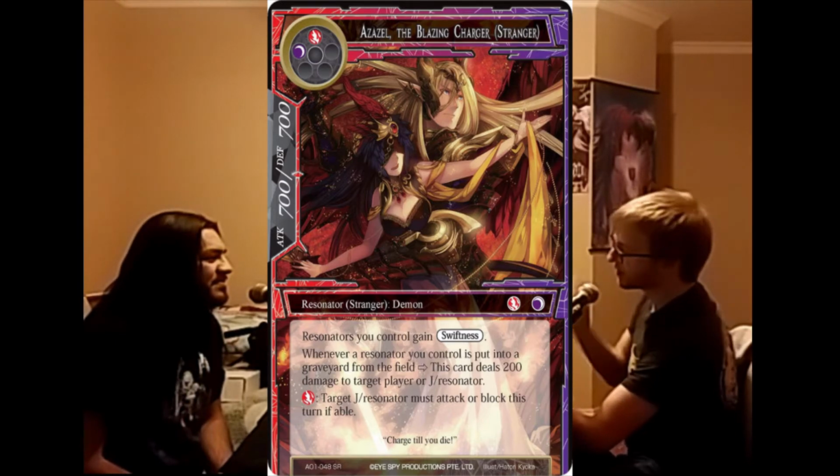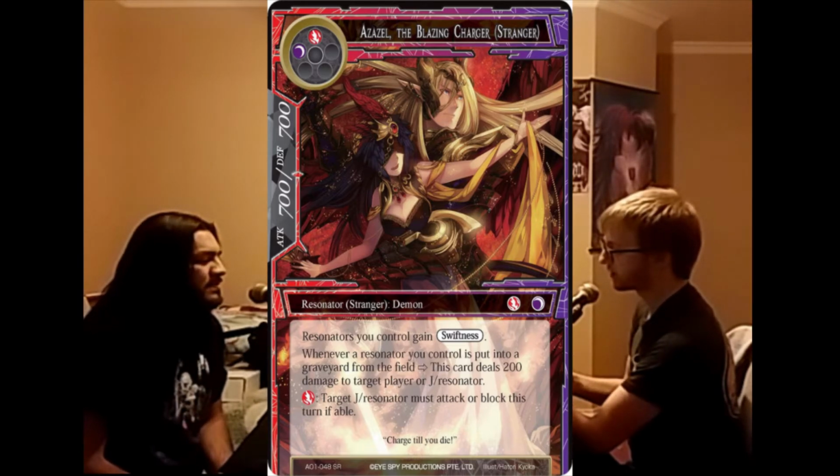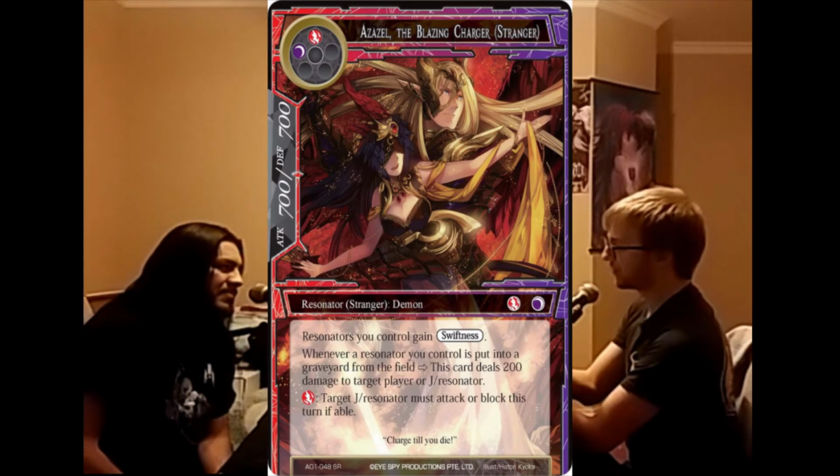When a resonator you control is put into a graveyard from the field, this card gains 200 and deals 200 damage to target player or J/Resonator. You can pay 1 fire, target J/Resonator must attack or block this turn. So, how do you turn 2 kill with